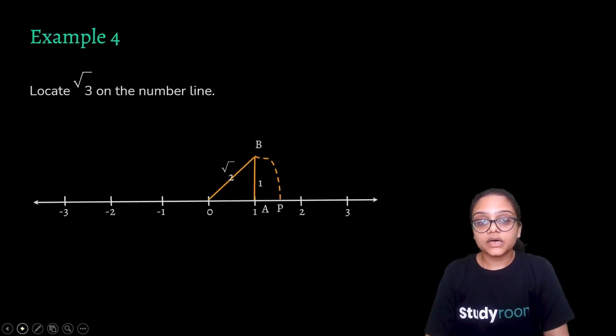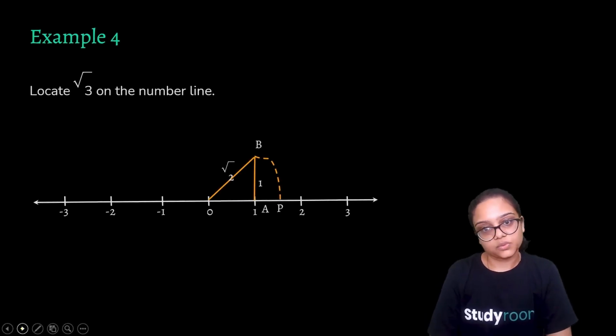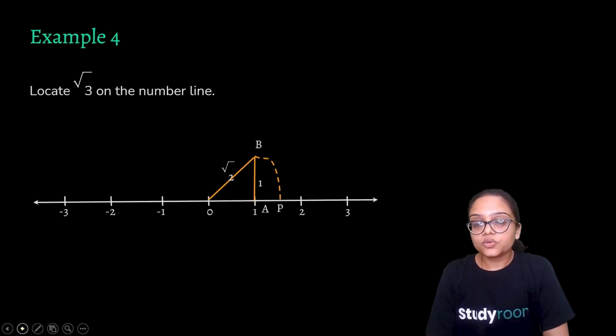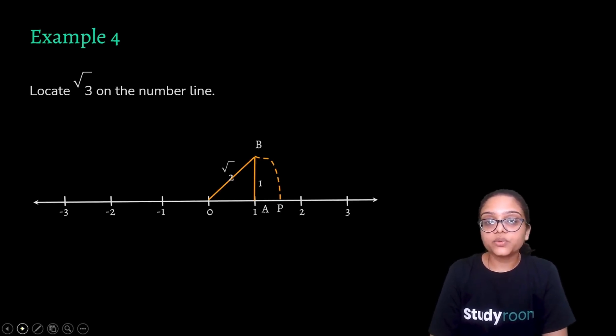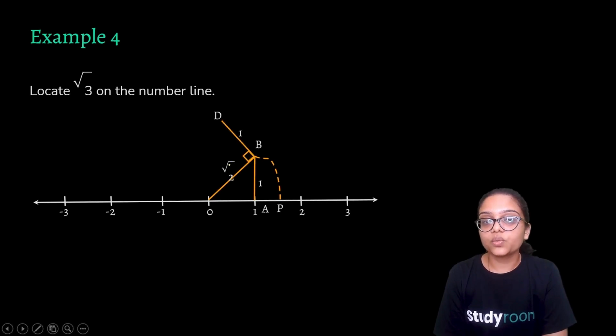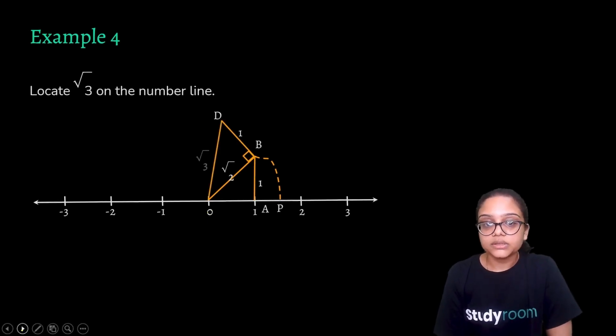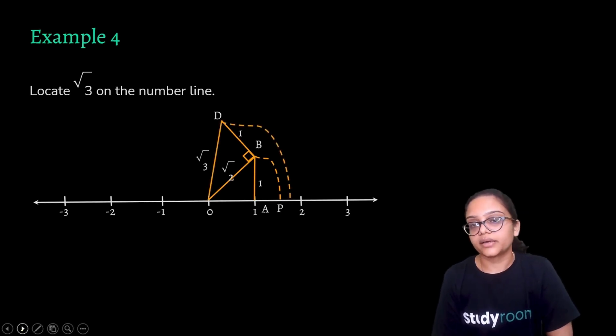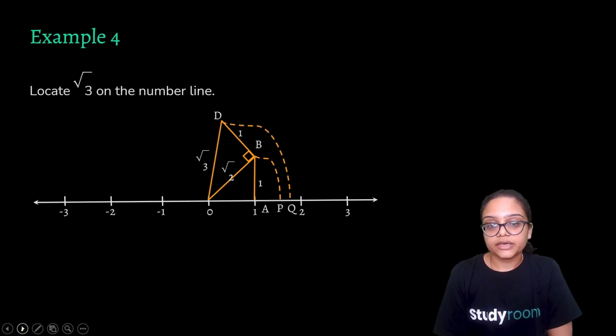Just think of a simple rule, the hypotenuse rule I told you earlier. Now, root 2 square is 2 and we need to add 1 to it in order to make it root 3, right? So, we'll just again draw a perpendicular to OB of 1, okay? And we'll just connect OD, just look here. And OD would be root 3. And we'll just again do the same process, drag your arc to the number line, and you would arrive at a point called Q, and O to Q would be showing root